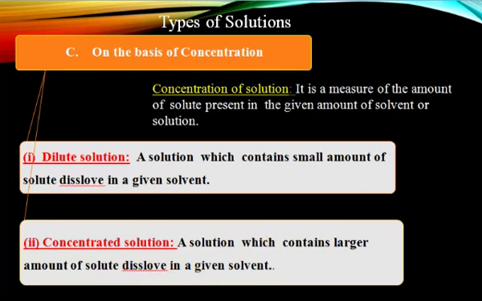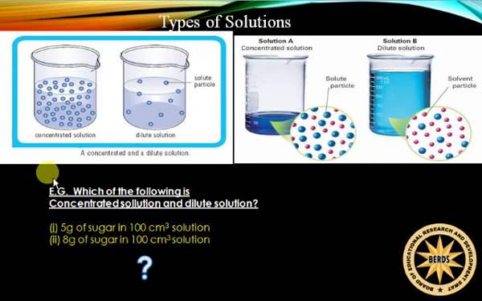Here we have an example. This is a concentrated solution, you can see in the diagram, and this is a dilute solution. If you take these two as sugar solutions, if someone adds a little amount of sugar into this one and a larger amount of sugar into this solution, so this solution has a little concentration of sugar, so this is a dilute solution, and this one has a larger number of molecules of sugar,